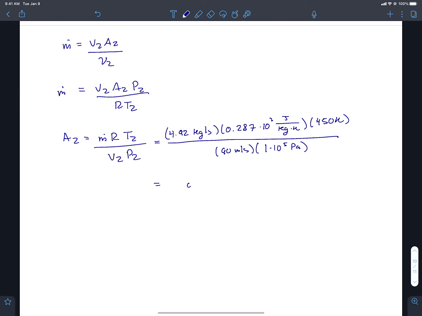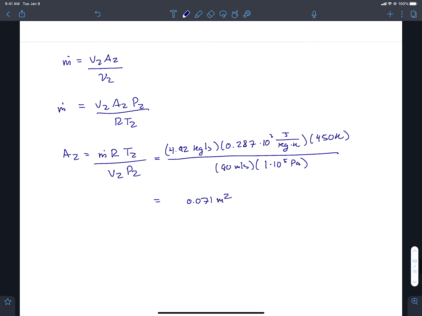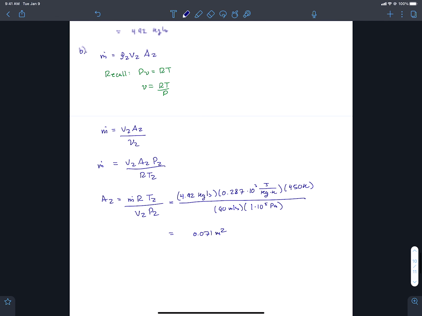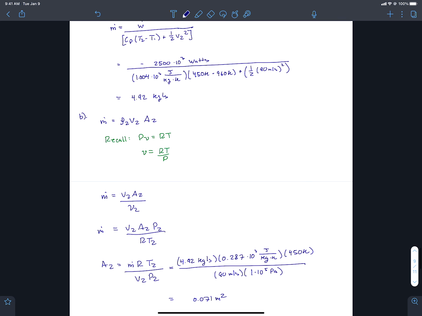And this equals 0.071 meters squared. So again, kind of an obscure relationship that you'd have to know, but basically you would get